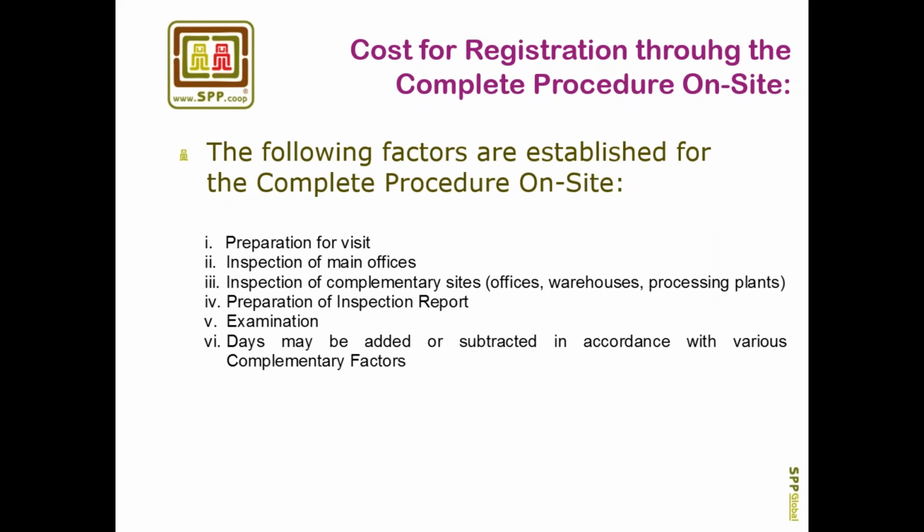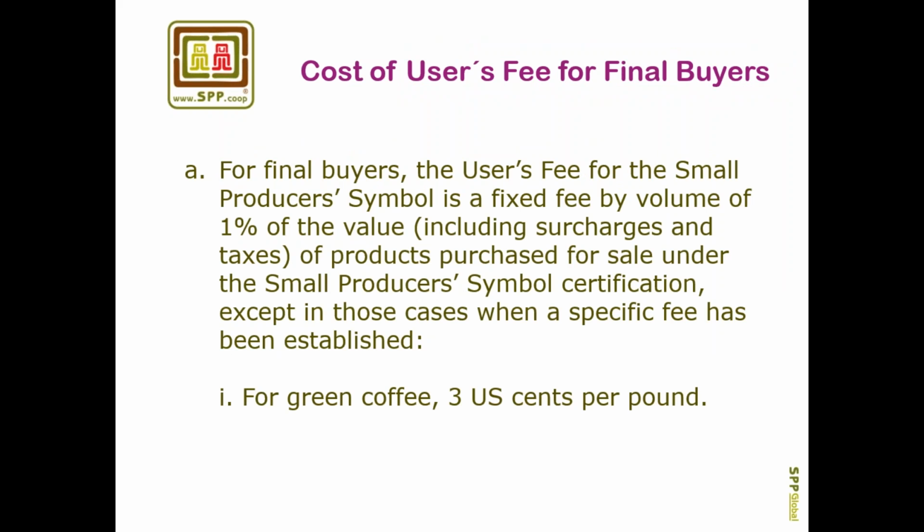And in the case of the complete procedure on site, the following factors are established. It's the same as for the small producer organizations, and you would have to use Annex 1, which is a calculation sheet to determine the total days. The cost of the user's fee for final buyers is the other concept. For final buyers, the user's fee for the SPP is a fixed fee by volume of